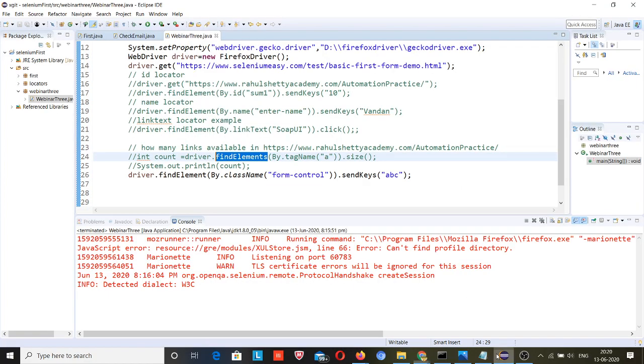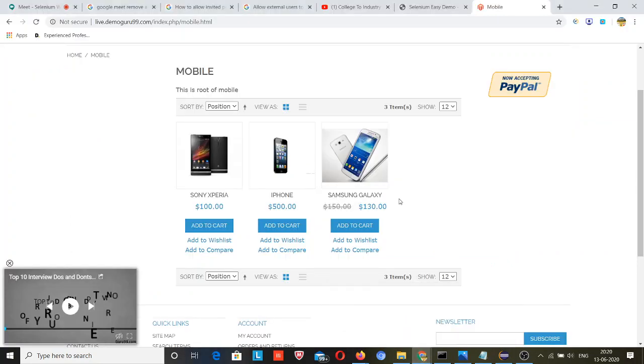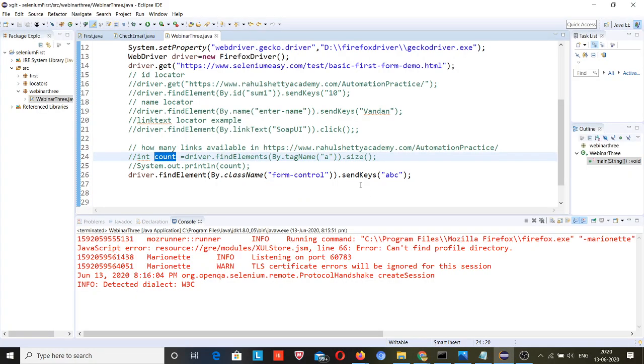So simply I will go here and pass the locator value by dot product name and then the size method. This size method will return the number of products present in this web page. Okay guys, the number of products present in this page is 5. So which method returned it? The size method returned it, and this size method is present only in find elements, not in find element.